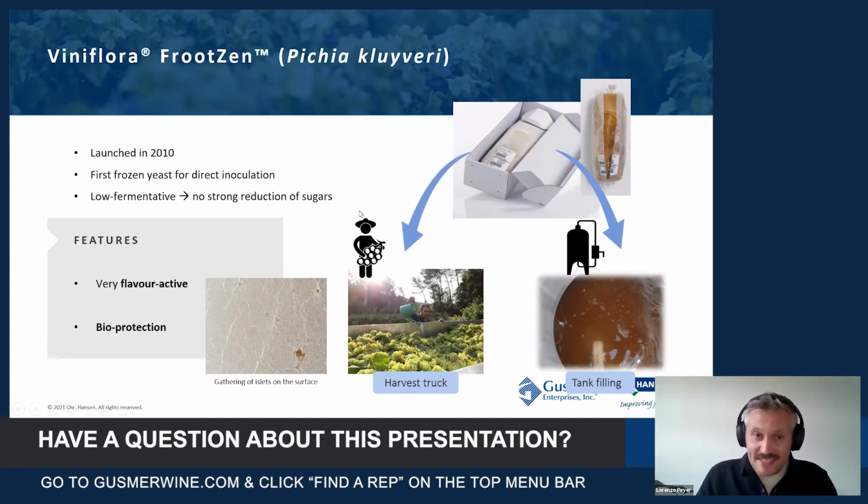The peculiarity of this yeast is that it was the first frozen yeast to be launched for the wine industry, and by doing that it is also a yeast that is suited for direct inoculation. It means it has not gone through a drying process. Once you launch it in a tank, or apply it after you thaw it, for example on harvested grapes, once it is dissolved in the juice it can start to act straight away. So it doesn't need to rehydrate.